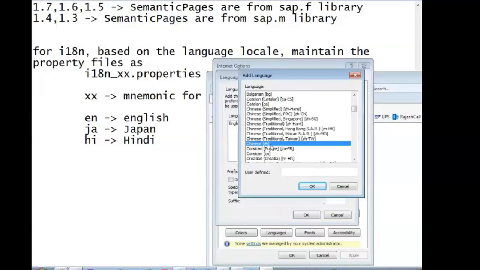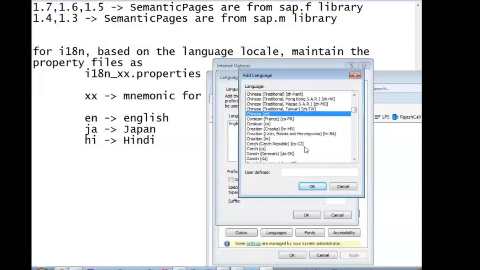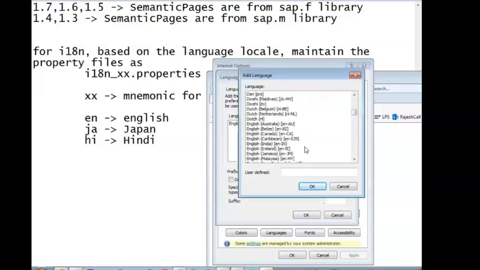Chinese, ZH. English, EN. Only small letters. You try and see with capital letters; I don't think it will take the capital letters.